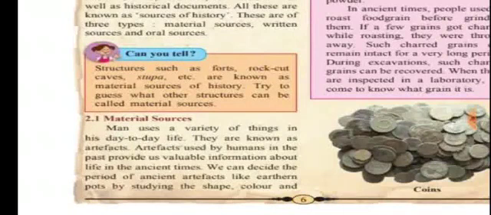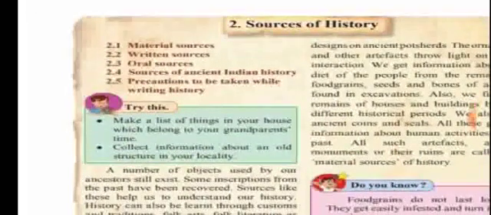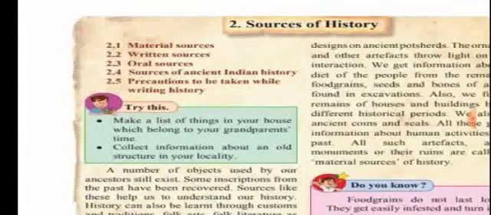Do you know what earthen pots are? Earthen pot means the pots made up of clay. By studying the shape, color and design on ancient potsherds. Now what are potsherds? Potsherds are the broken pieces of pots. The ornaments and other artifacts throw light on social interaction. We get information about the diet of the people from the remains of food grains, seeds and bones of animals